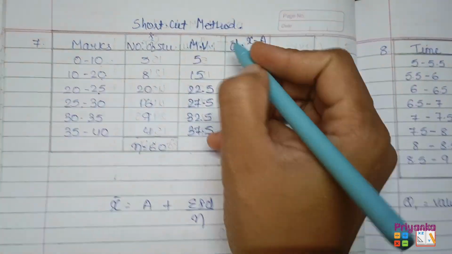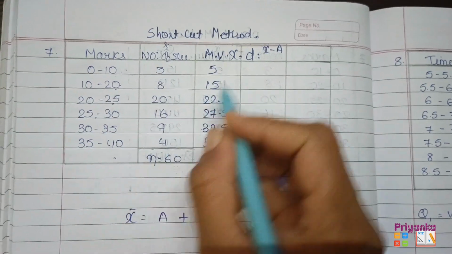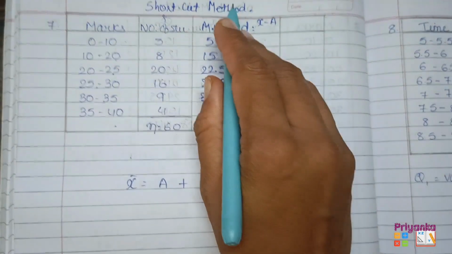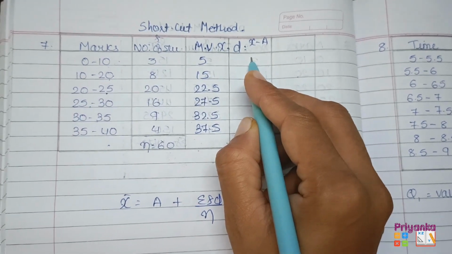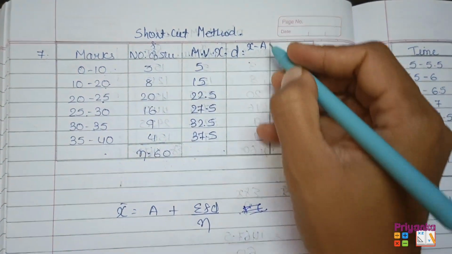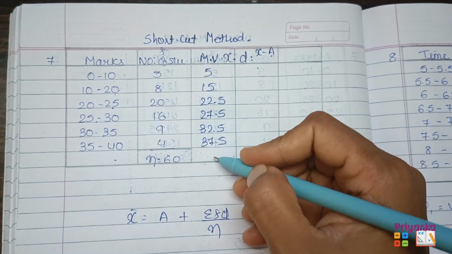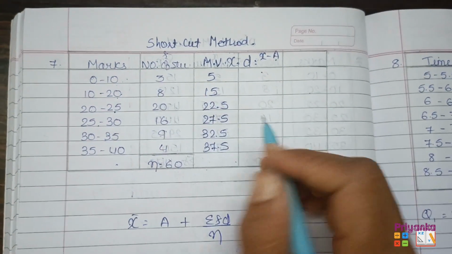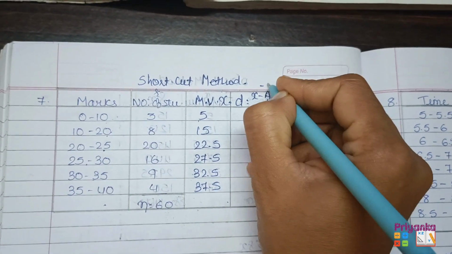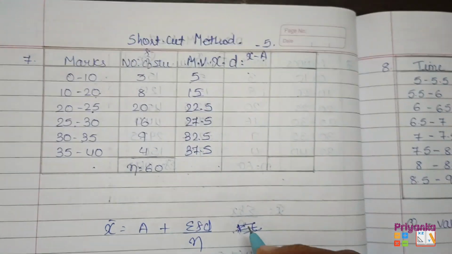Don't give the total. These we found as x because it is a continuous frequency distribution. तो यहाँ पे हमारा x रेडी हो गया और फ्रीक्वेंसी रेडी हो गई. अब शॉर्टकट मेथड में फॉर्मूला है d इज इक्वल टू x माइनस ए. So this is the line of x and here we are going to minus the assumed mean. अब assumed mean as usual I am going to choose सबसे जो छोटा वैल्यू वाला नंबर है मैं वो चूज़ करती हूँ. So here A I am going to take 5. So just to avoid getting the answer in minus.